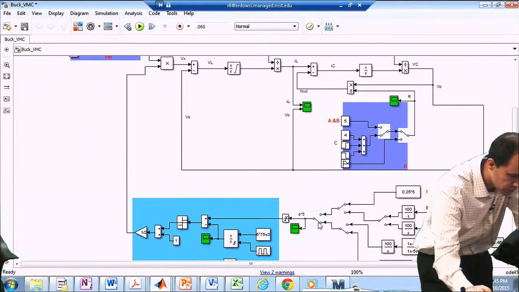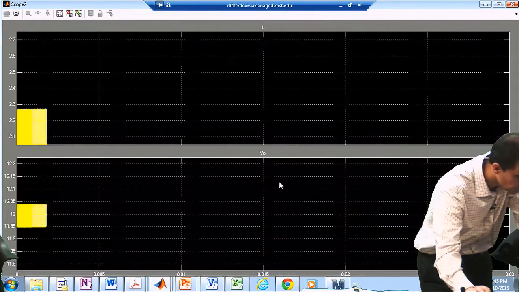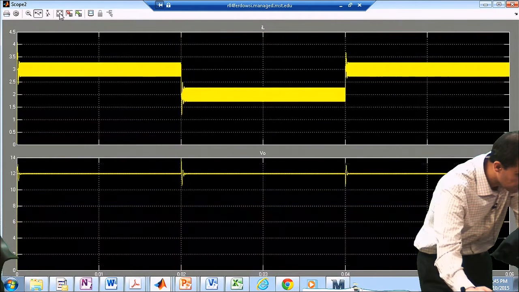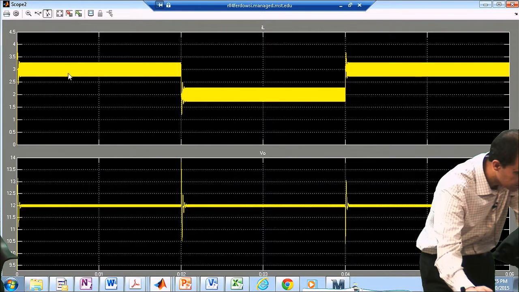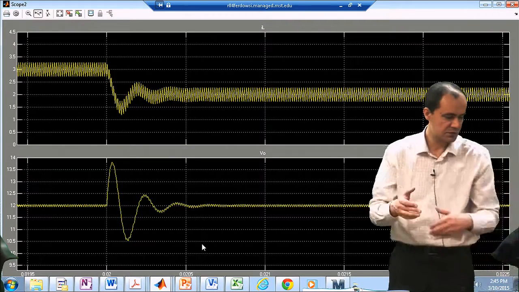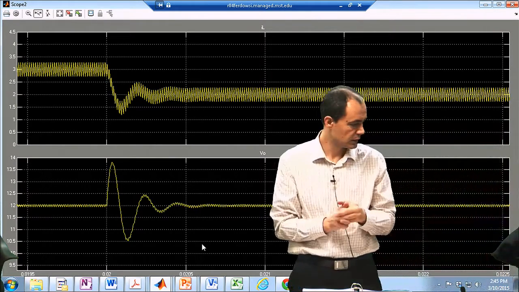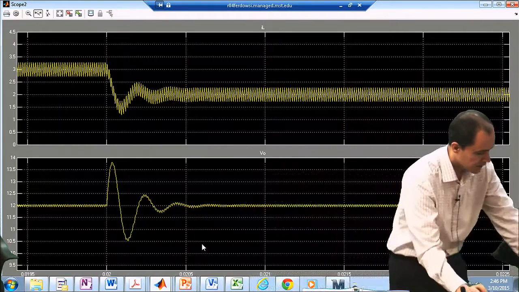So now the loop is closed. That transfer function is in effect. And now it got a little bit better, not significantly better, but a little bit better. All right, instead of going to 15, now it only goes to almost 14, which is a little bit better, but not much better. The reason is